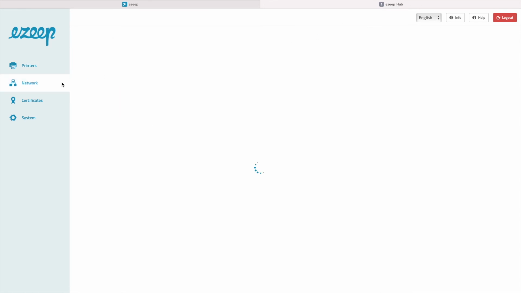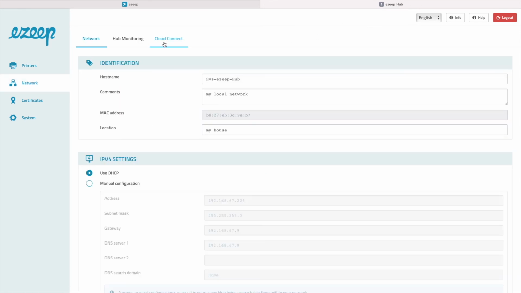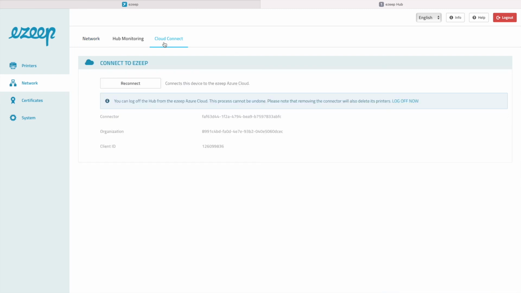The whole connection of the ezeep hub to your ezeep account is done through this Cloud Connect option. You log in with your ezeep account admin credentials either through Azure Active Directory or through email and password, and that's really all there is to do. I am always incredibly excited about ezeep hub and would like to talk about that some more, but the focus here is really the integration into IGEL, and I'm rapidly running out of time,